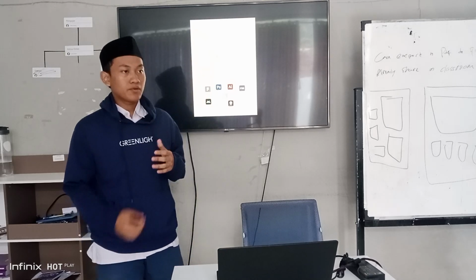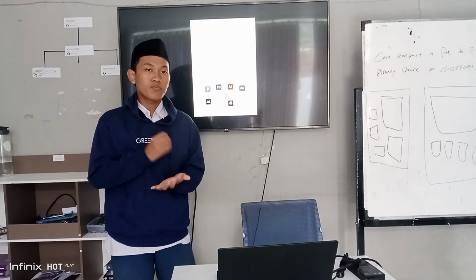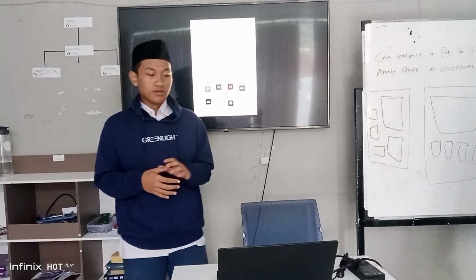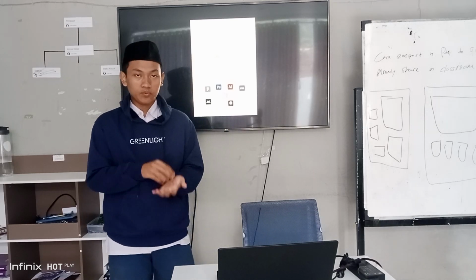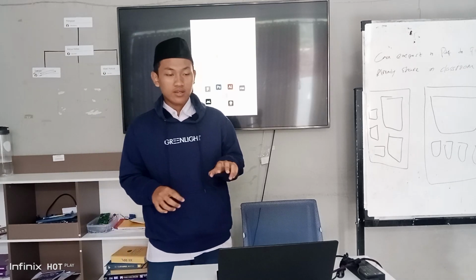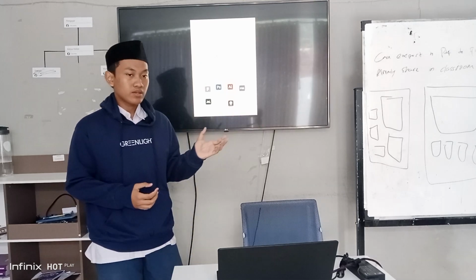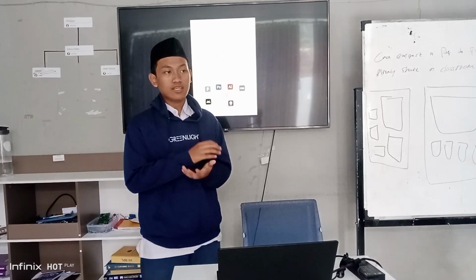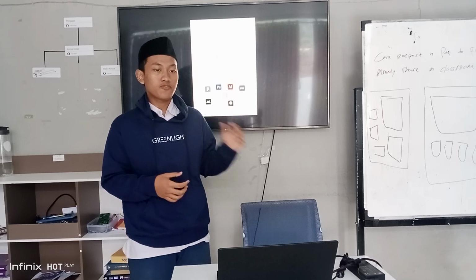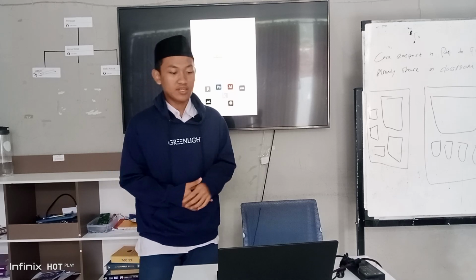Okay, the first game project is Catching Fruit. I made Catching Fruit on the Scratch platform. This game is easy to play. How to play this game? You just use A or D on the keyboard, or the left or right button, and you must move the ball and catch the apples. Don't catch any other items, except the fruit. Because the name of the game is Catching Fruit, so you must catch some fruit in this game.